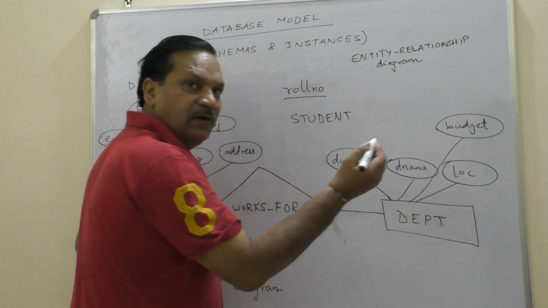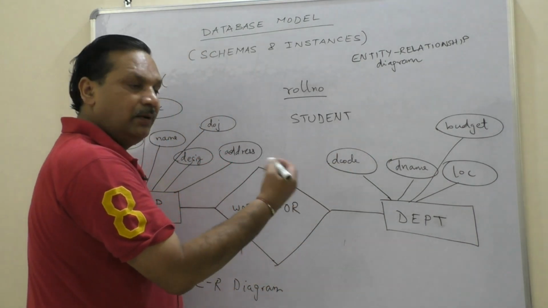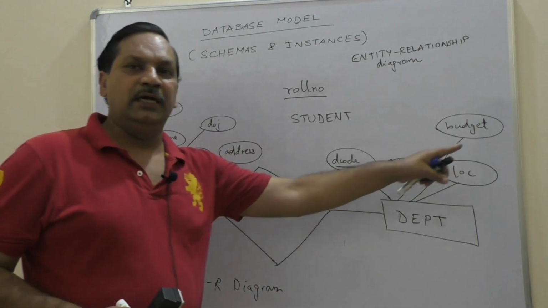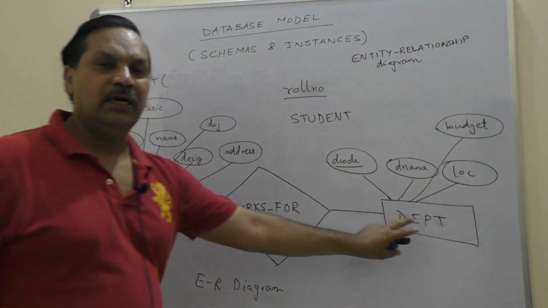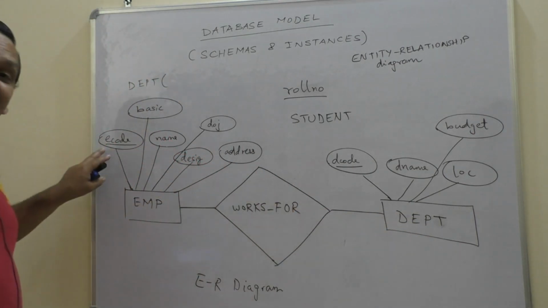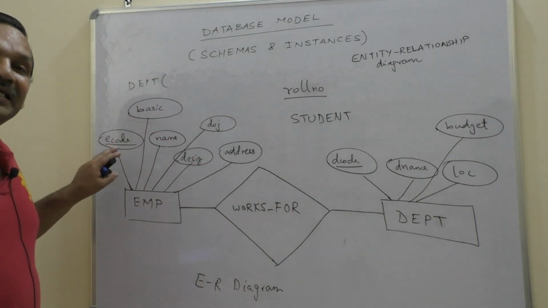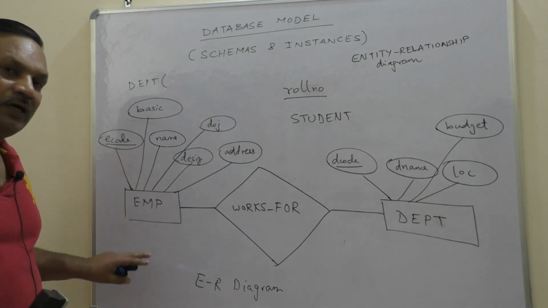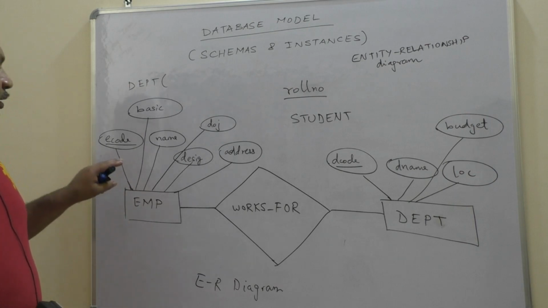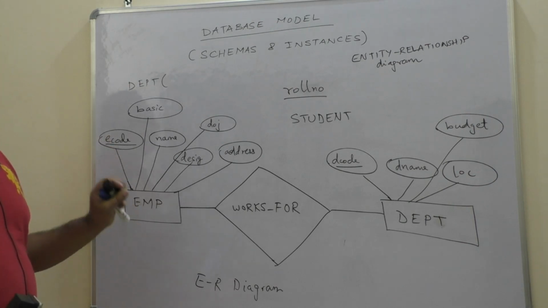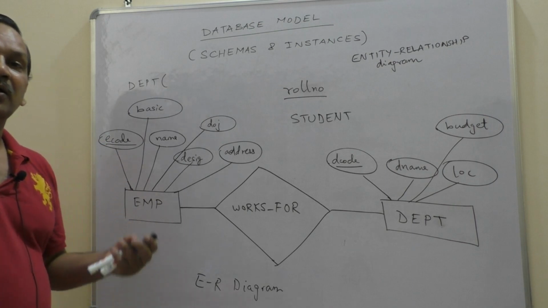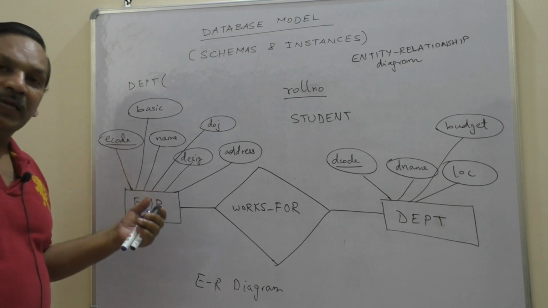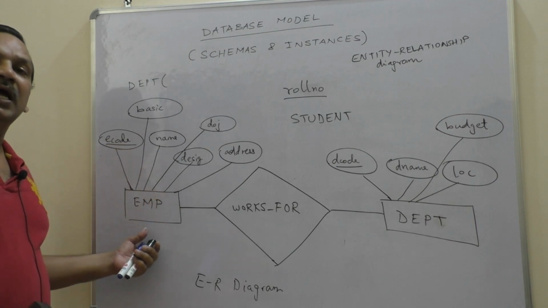Now, what do you think is the key field here? Or the primary key, which we call the primary key, or the key field, is what? Department code. So this is the only column I have underlined in the entire diagram in this entity department. And in this entity, this is the only column I have underlined. Why? Because this is the key attribute or the key field, or simply, if I say that employee is a table, then this is the primary key. So this is a constraint on what? Table EMP.